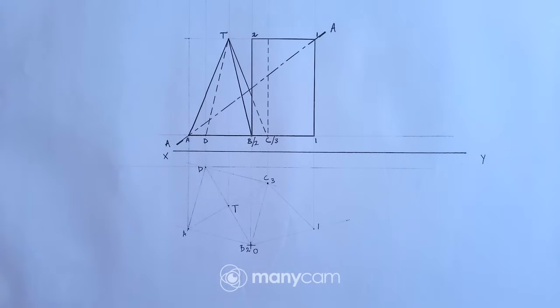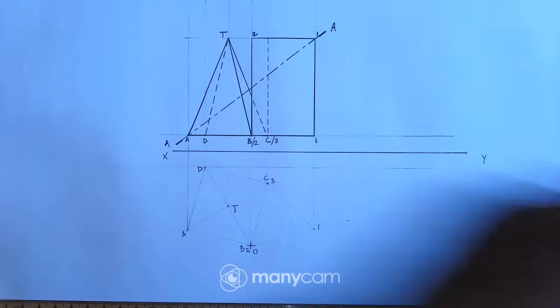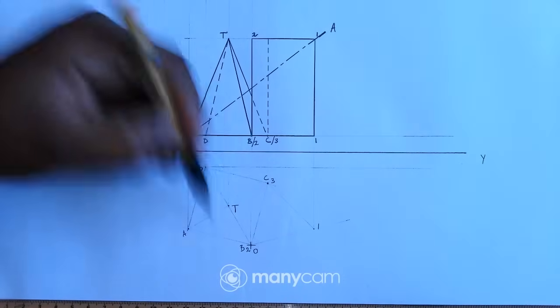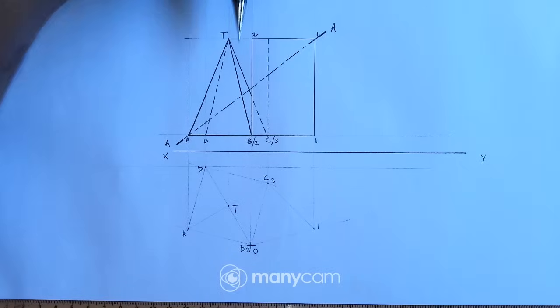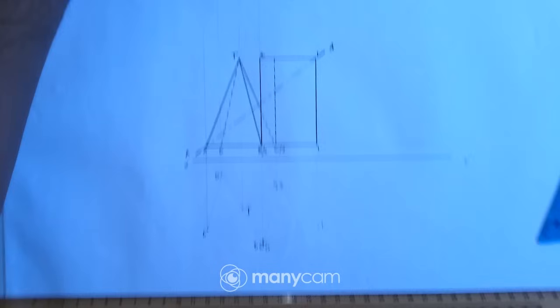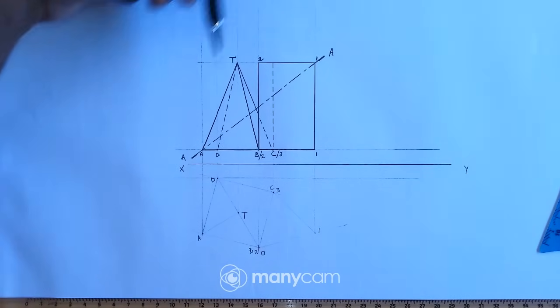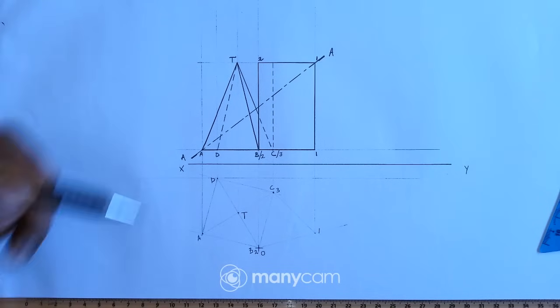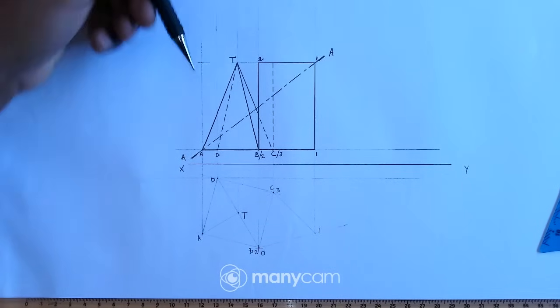So before that, I just want to, because obviously we are drawing the sectional top view, right? That means we are looking at these two solids from the top, right? Let me just zoom out a little bit. It means that we're looking at these two solids from the top, right? Okay, from the top. So that means for us to see the two cut surfaces of the two solids, we